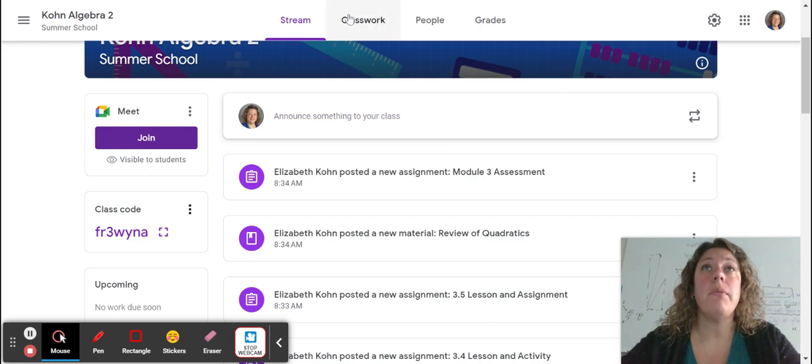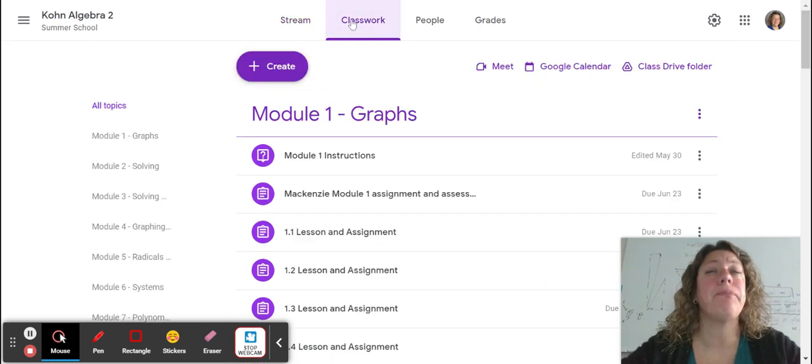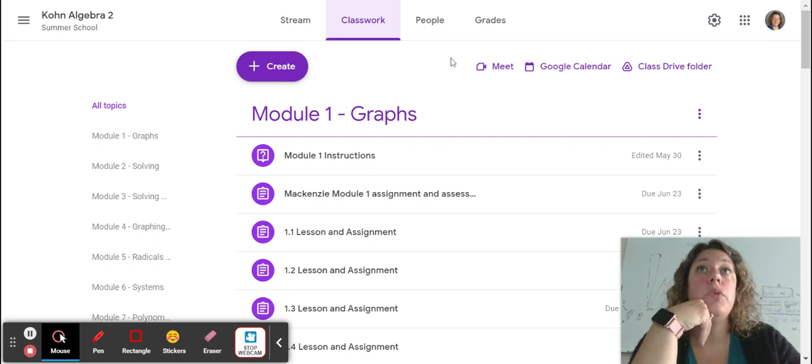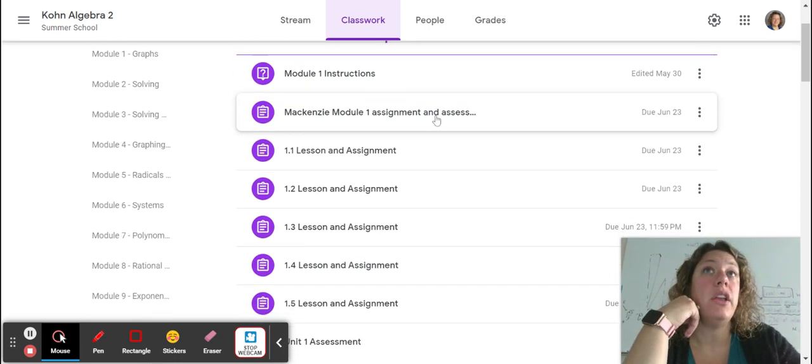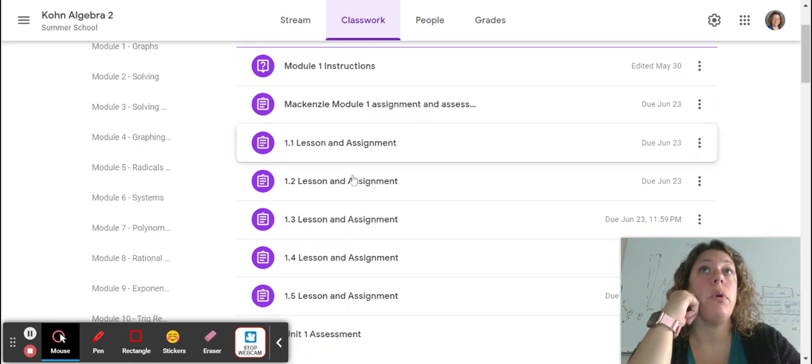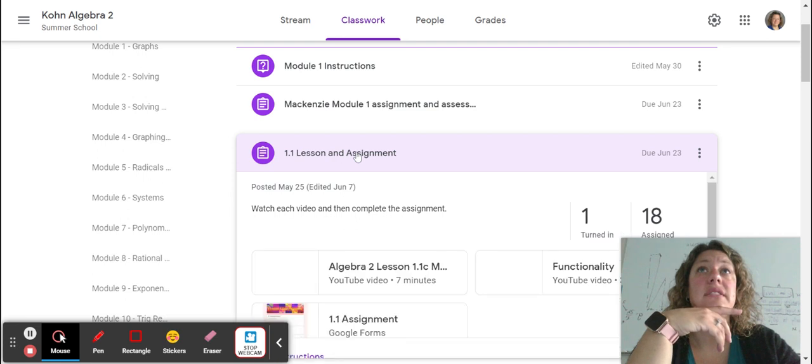The classwork, you really want to go to this classwork page to see. I have it all set up in different modules and they are in order. So you really need to work through, for example, module 1 in order. Start with 1.1, 1.2, etc. So when you come in here and click on this assignment,